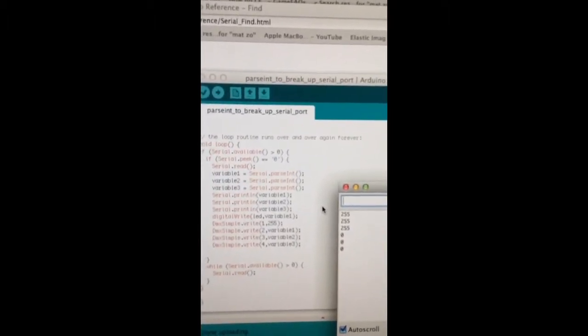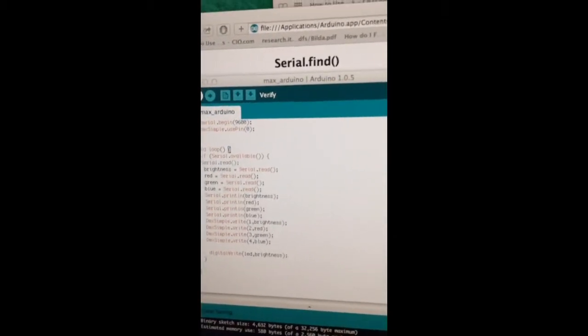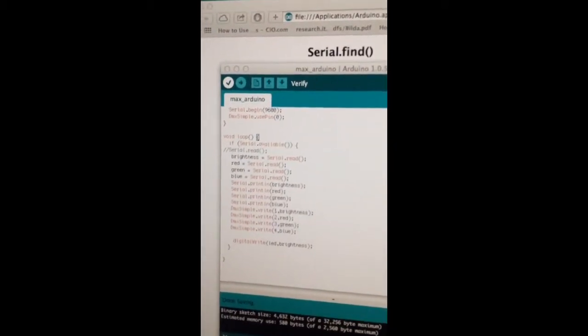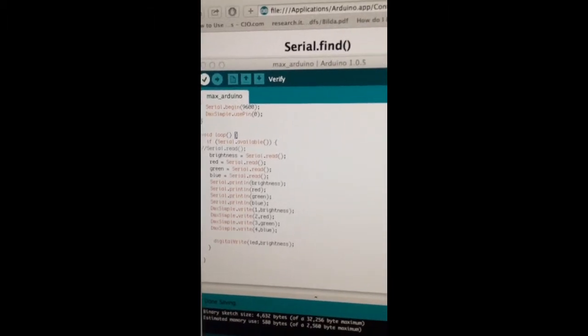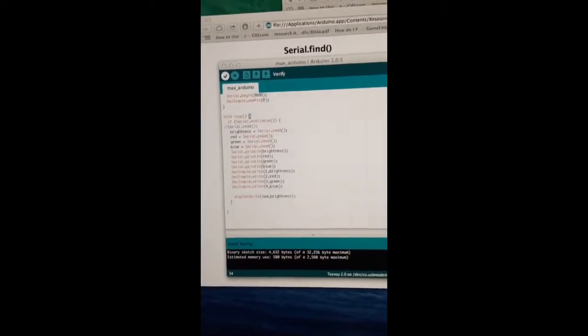So the program, as written, peeks at the first value and then it reads everything off after that, just every break. But actually, instead of sending everything as one package, Max is just sending everything as it receives it. So what I had to do was change the program, so instead of reading